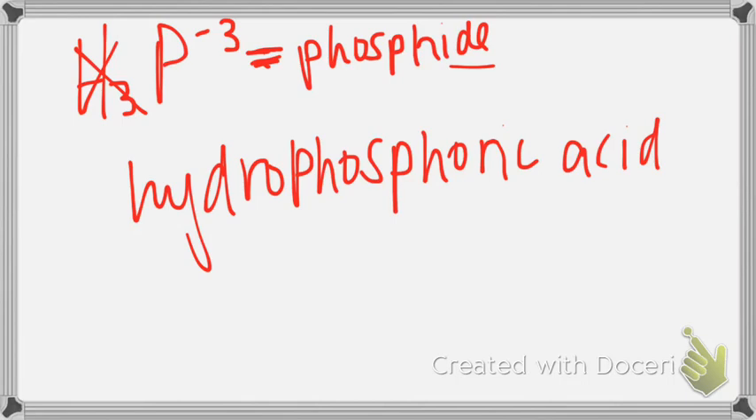It's just the anion? The H tells us it's an acid. The anion helps us get to the name, right? Hydrophosphoric acid. The acid part tells us about the H. So let's try, what if instead I had